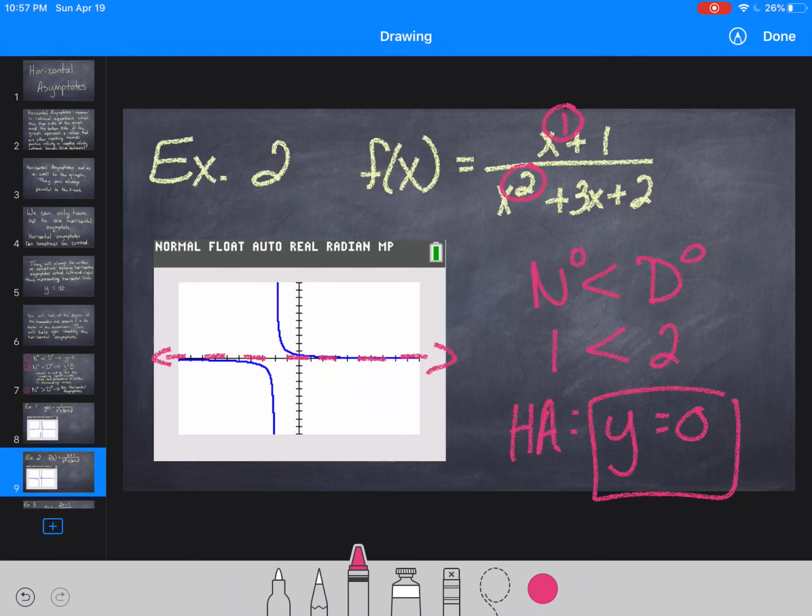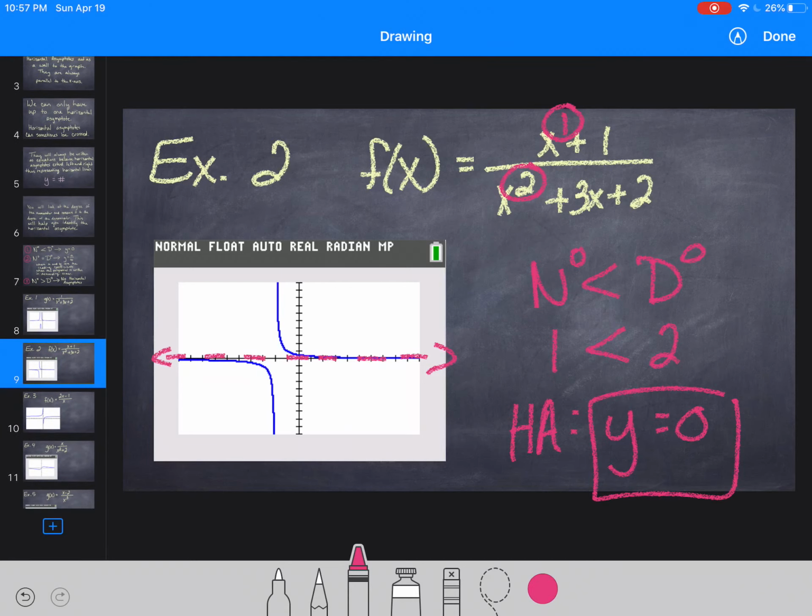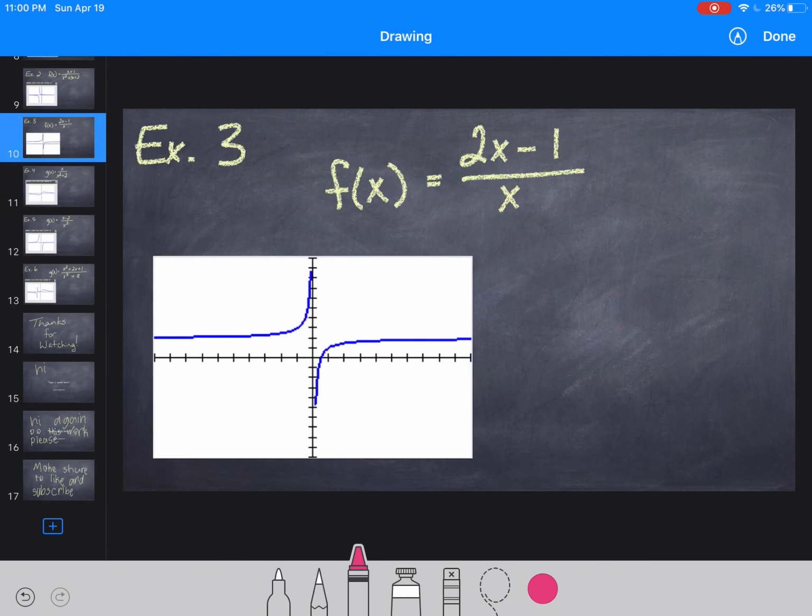If I were to draw a horizontal line going all the way to the left and all the way to the right, where y equals 0, my graph is getting really, really close to it, but it does not cross it. Looking at example 3, whenever we're trying to figure out the horizontal asymptote, I'm going to take the degree